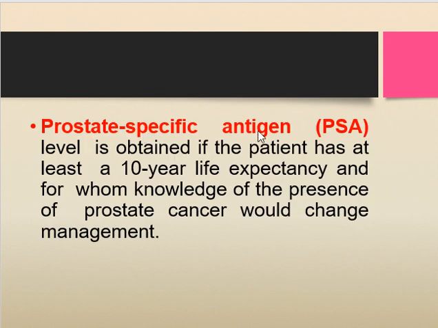Next is the prostatic specific antigen test. In this you will be analyzing the amount of prostatic specific antigen present in the patient's body. The level is obtained if the patient has at least a 10-year life expectancy. That is, when do we do this PSA test? If a person comes to you who is aged 80 or 90 years with manifestations of prostatic enlargement, you don't have to go for a PSA, because